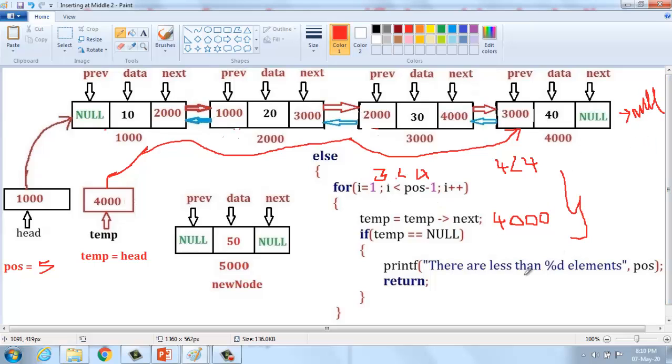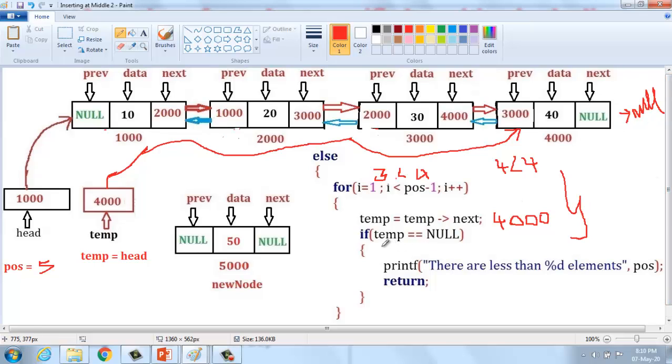My aim is to insert at the fifth position. This one is position 1, position 2, position 3 and position 4. The fifth position cannot be inserted properly because only 4 elements are present in the given list. I can insert at the first, second, third or fourth position, but I could not insert at the fifth position.